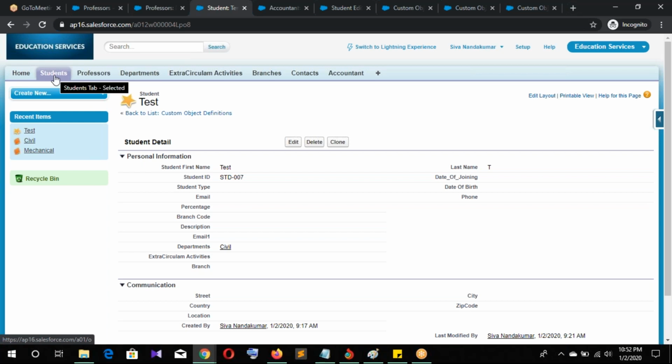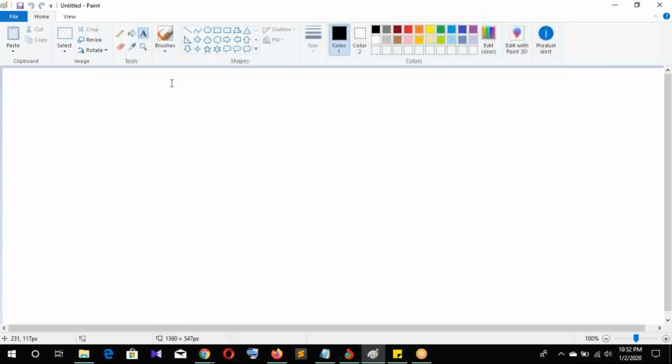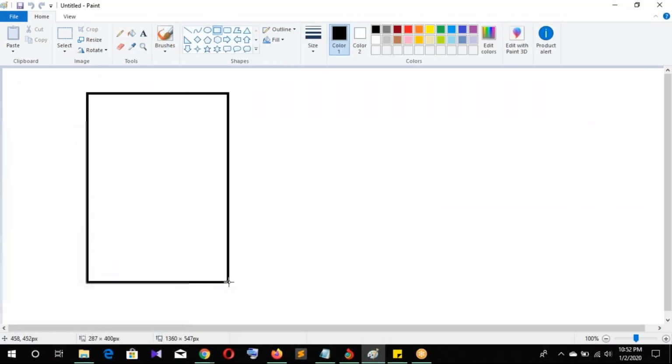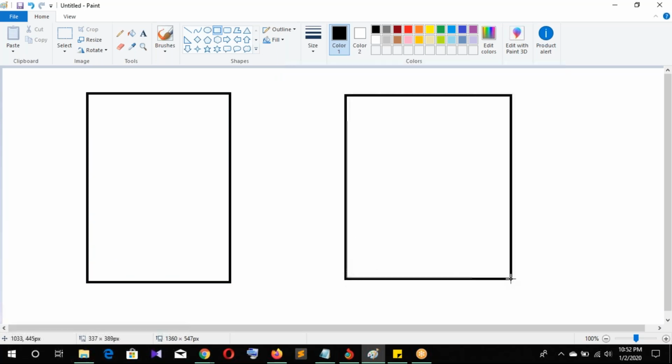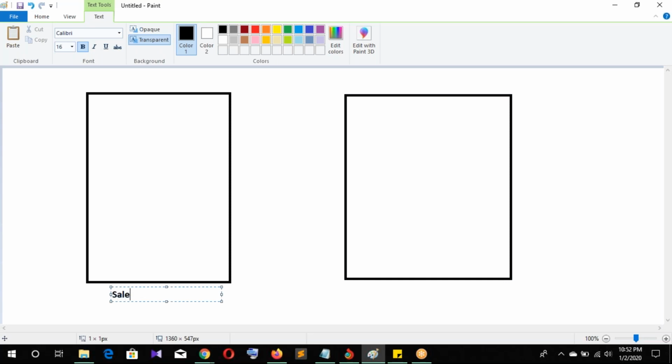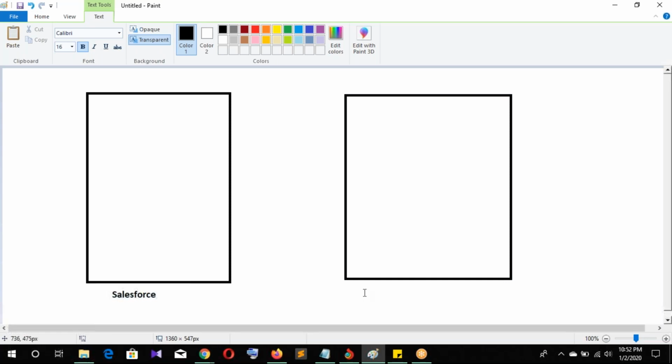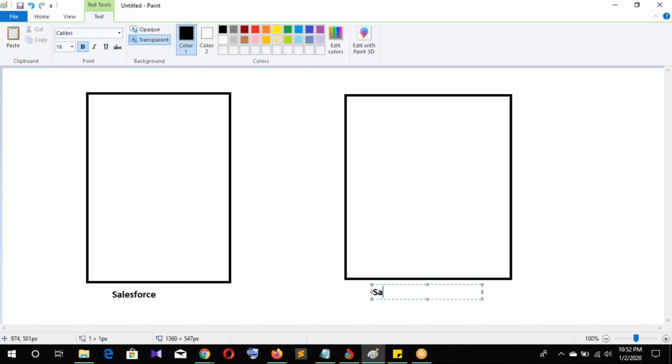Yes, but in the external lookup, this is our Salesforce org, and this is our external organization. This is an external database, like SAP or an Oracle database.